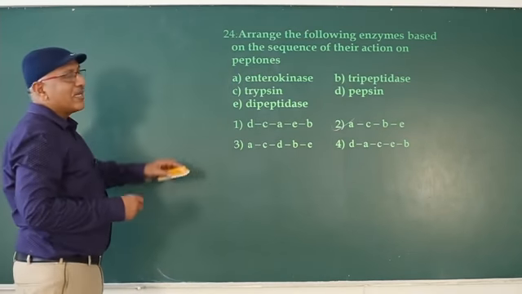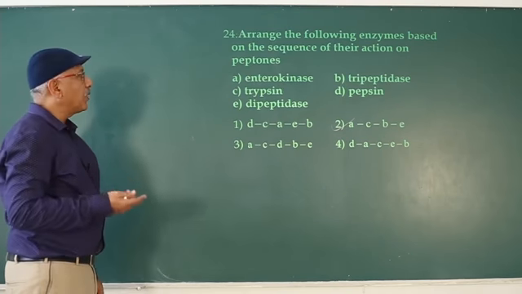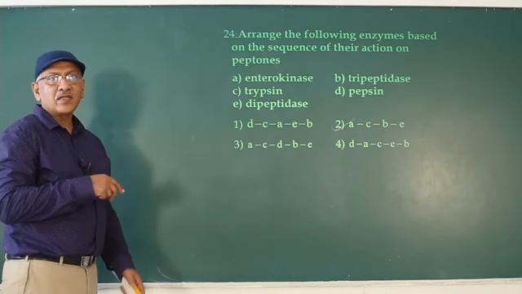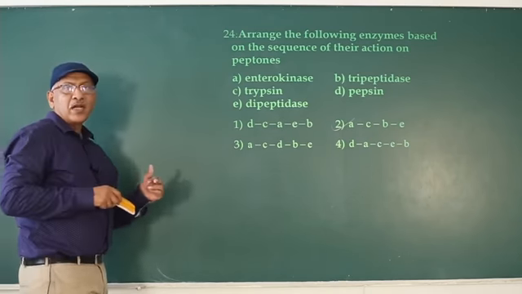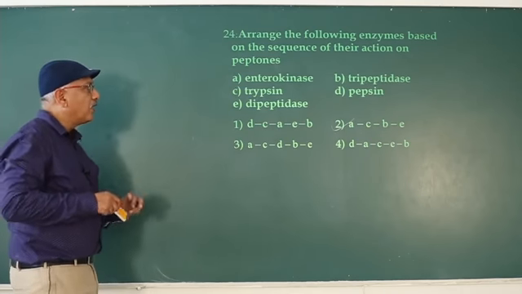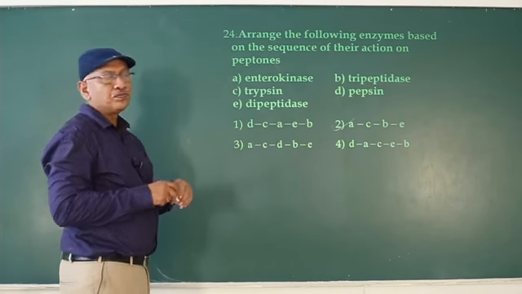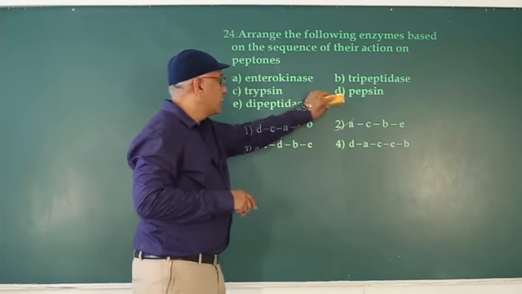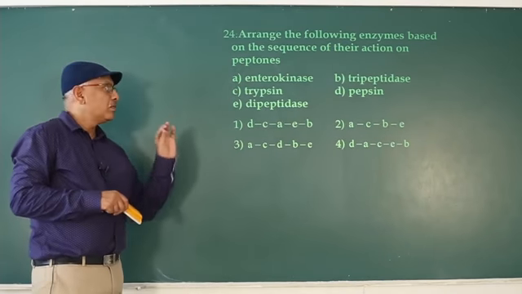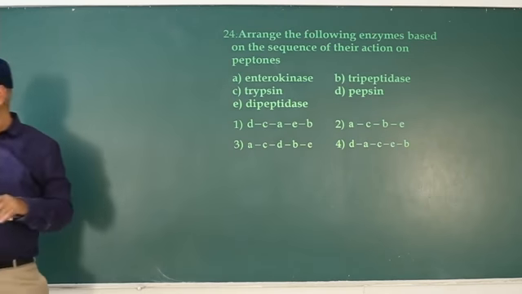What is tripeptidase? An enzyme that acts on tripeptide, a chain containing 3 amino acids. The enzyme that acts on dipeptide is known as dipeptidase. By the action of dipeptidase, the dipeptide is converted into 2 amino acids. So protein digestion is completed by the action of dipeptidase. So the answer is 2. A typical question, so practice this paper two times. Next question.